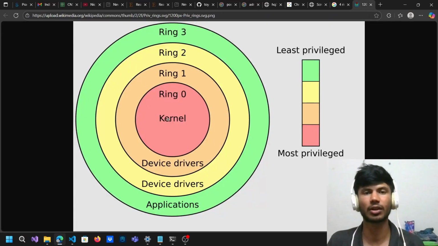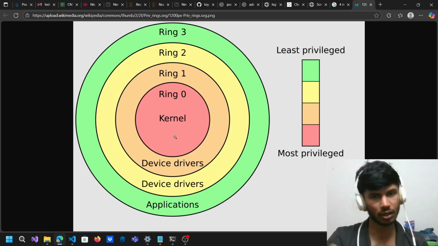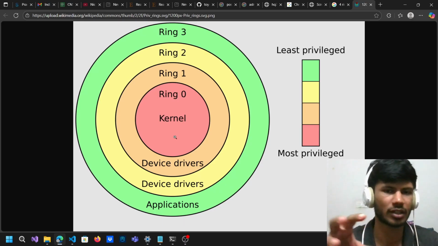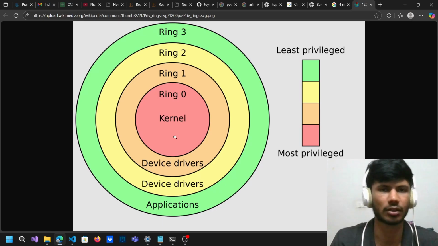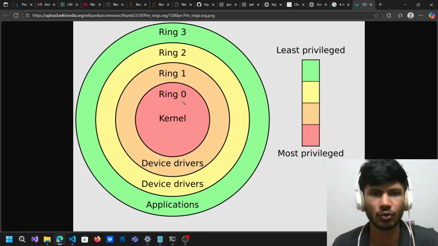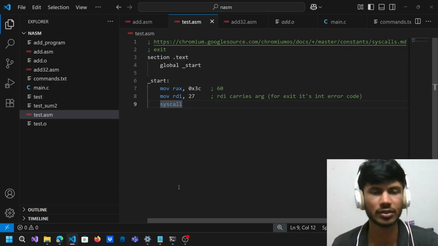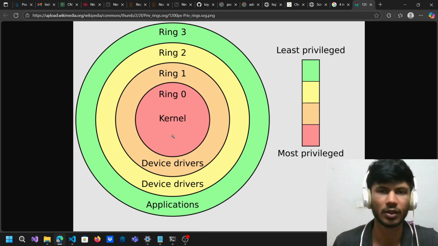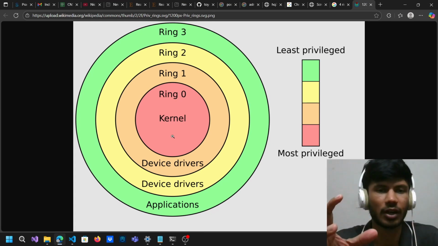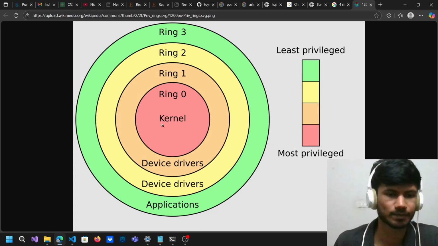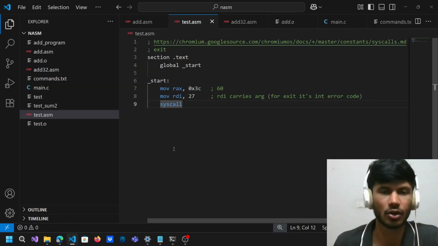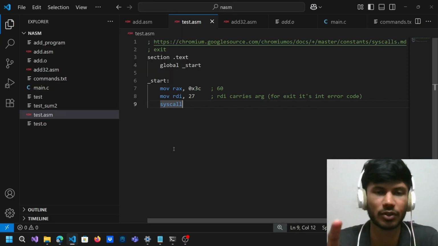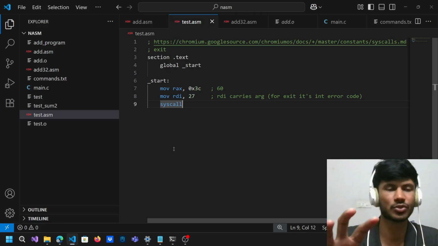See, ring 0 is our kernel, so it will have total control over our hardware. Ring 1 has little privilege, ring 3 has none. So from ring 3, if we want to move to ring 0, we do a syscall. That is when we move to ring 0. We have to move to ring 0 to talk to the hardware, right? So that's why syscall does that conversion from user space, because these codes are just